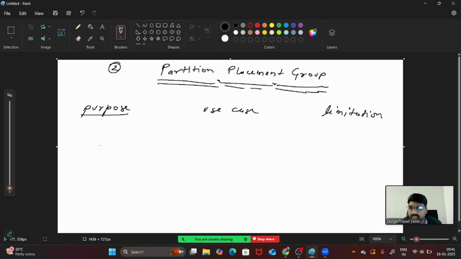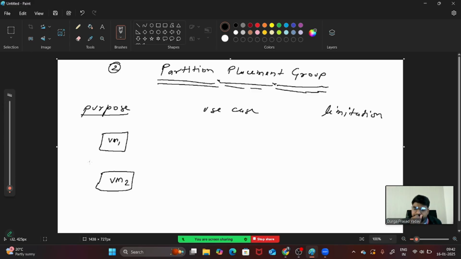What is the purpose of partitioning, guys? Partition means we are going to divide. Let's say for example you are keeping your machines here. This is one machine, VM1. This is another machine, VM2.